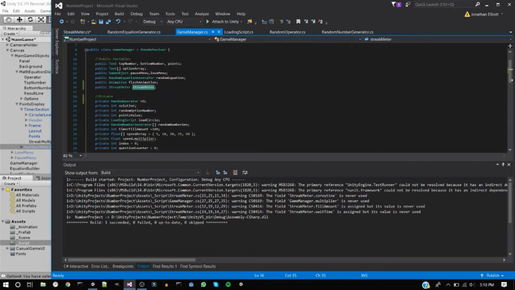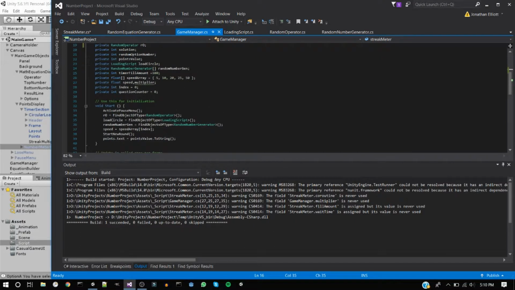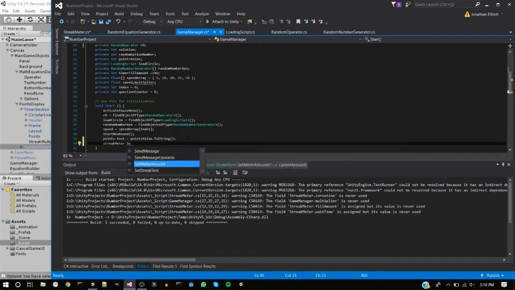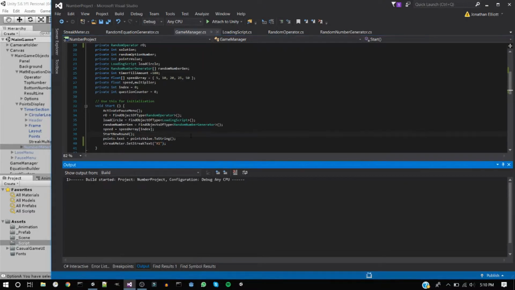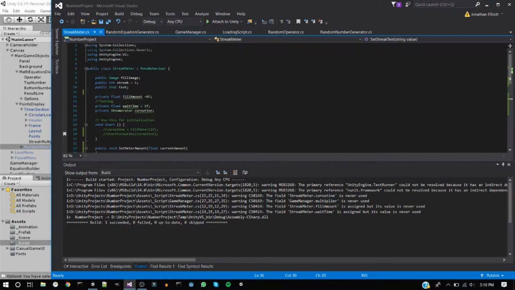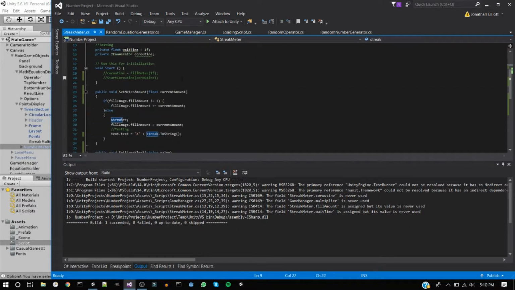Go back to Game Manager. On the start function, streak meter dot set streak text, the ×1 multiplier. We always want it to be ×1 multiplier at the beginning. And then set this, since the streak is set to 1 as default,